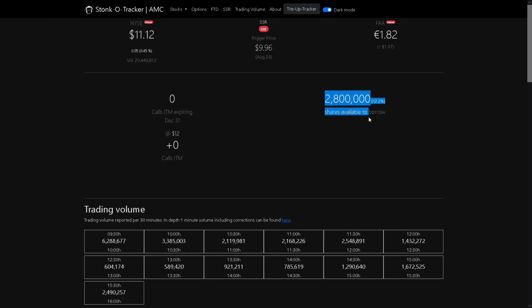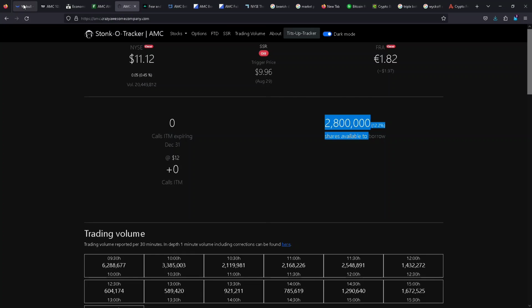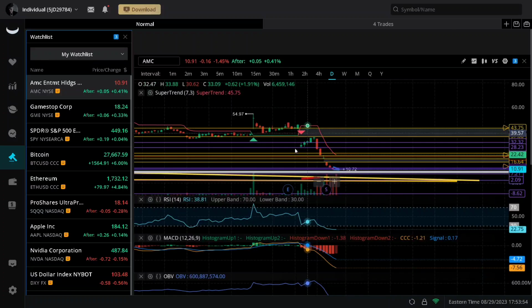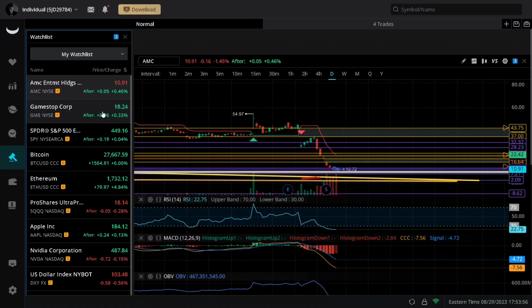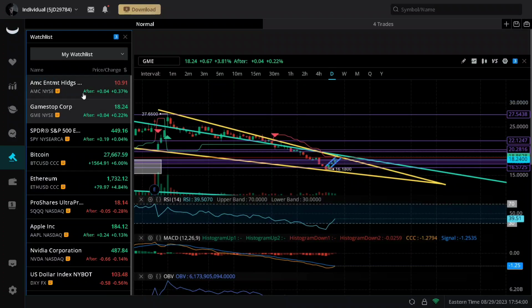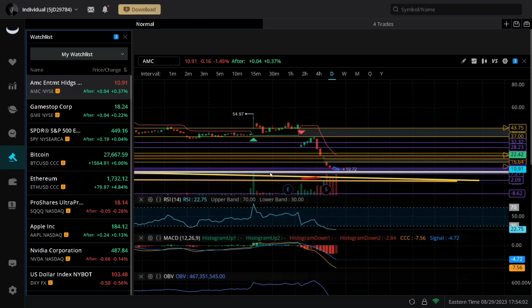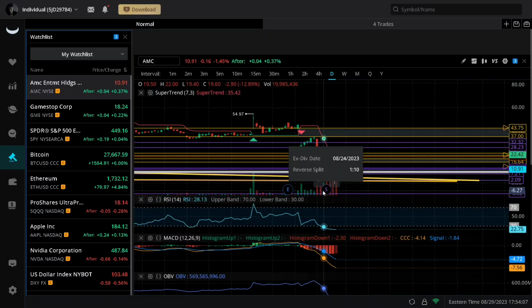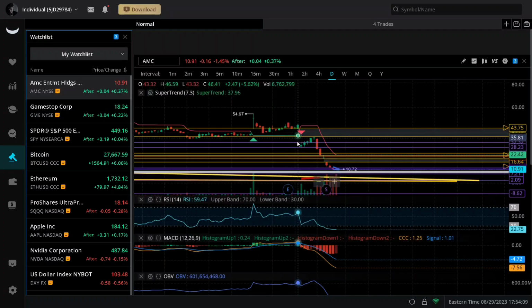So they are trying to keep this thing down, and they want to keep it below $12. They don't want this thing going crazy, especially while GME is about to rally. GME is about to see a rally, which could set everything off, and they do not want that. So they're going to try to keep AMC pinned down. So guys, just be ready for more bull crap.